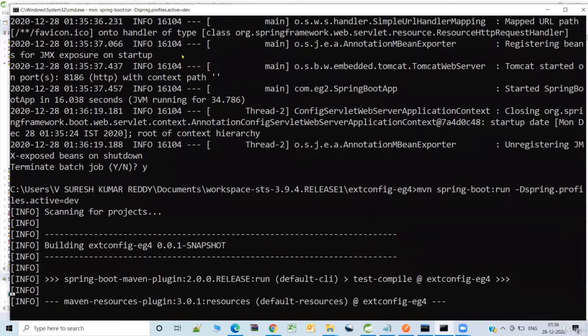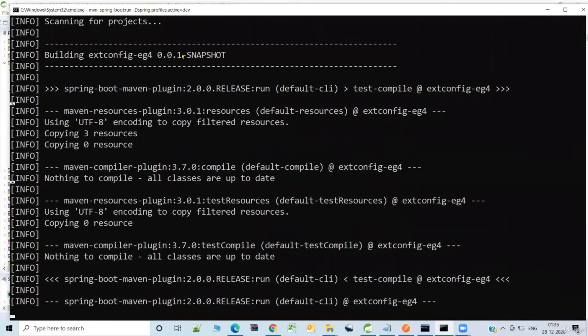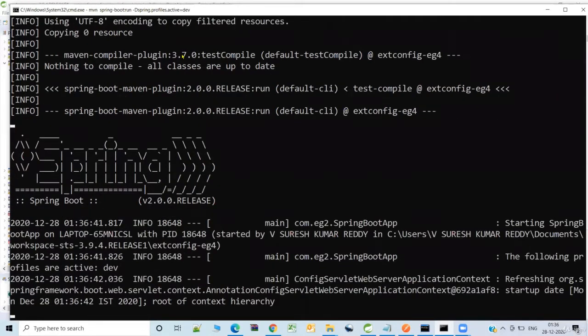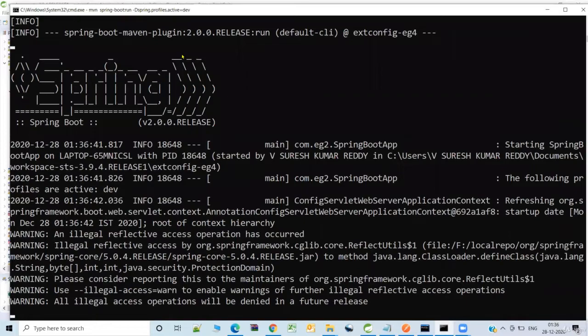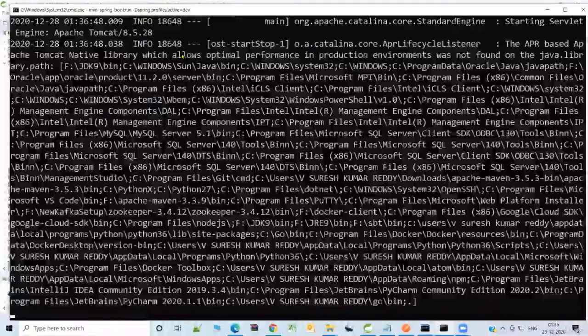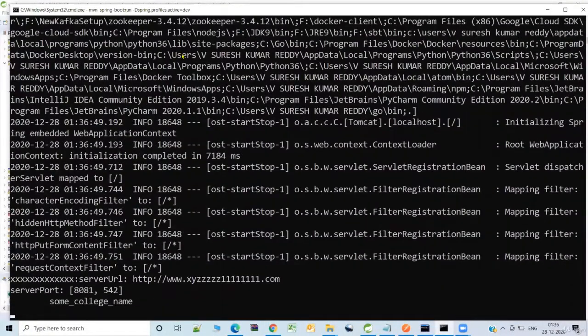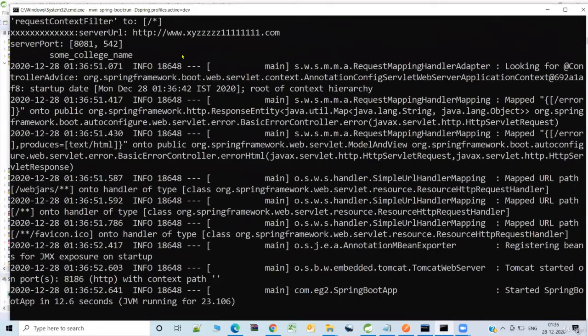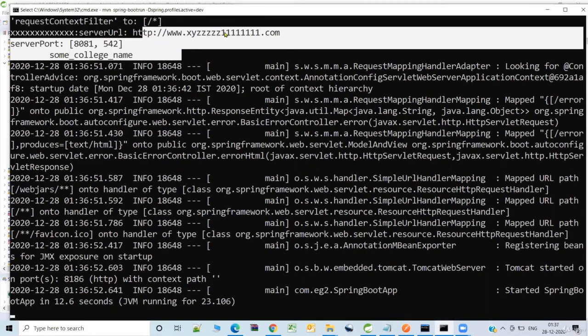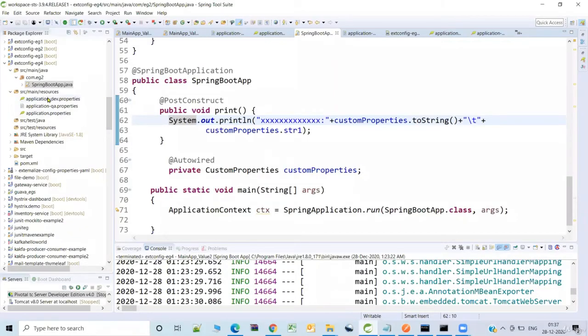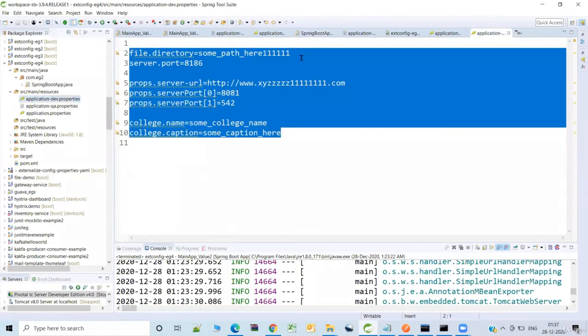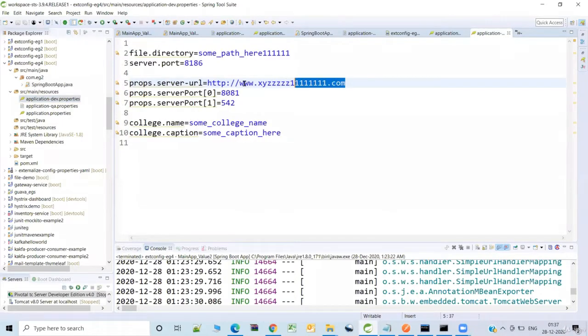In this way, you can have multiple profiles, and one of the profiles can be selected by using the specific command line argument. As you see here, these are being loaded. You can see the suffix 111.